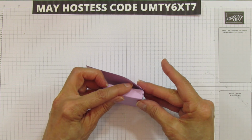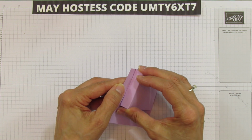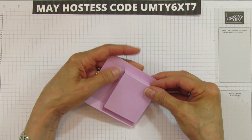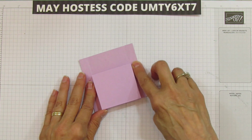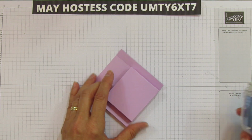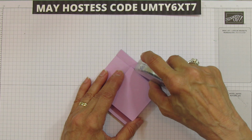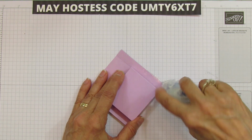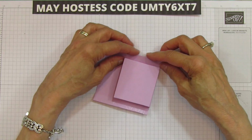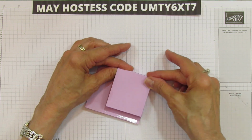You're going to fold this down. This side's a lot easier once you get the other side. So we got that. This worked out really good. I used the wet glue before and it didn't grab the bottom. I had to hold it for quite a while, so this made it easier. Now you're going to put adhesive from this point down here, not all the way up, on both sides. If there's anything hanging over, you want to put it in, and then pull the side up,